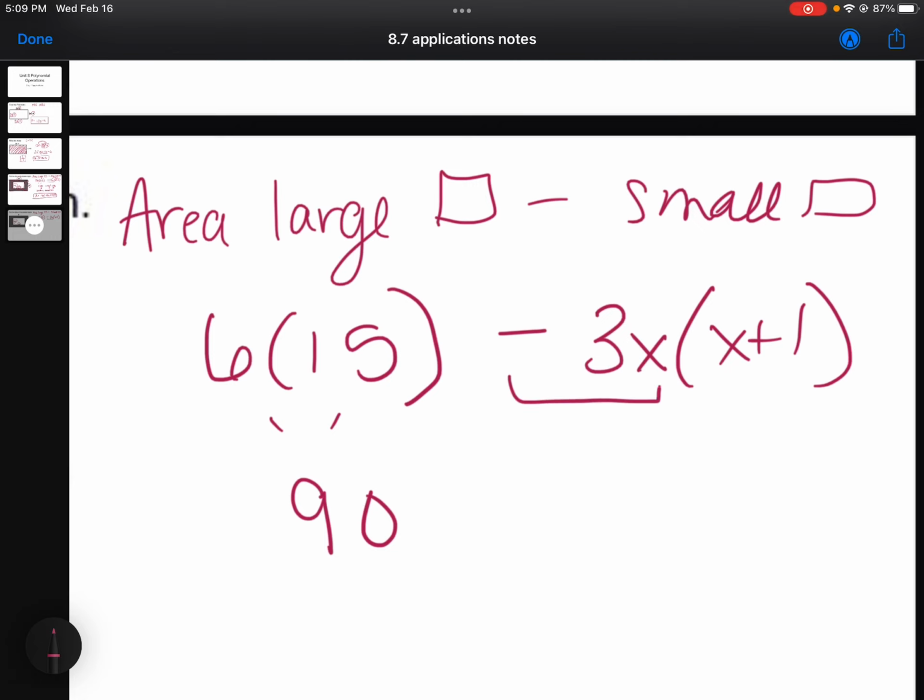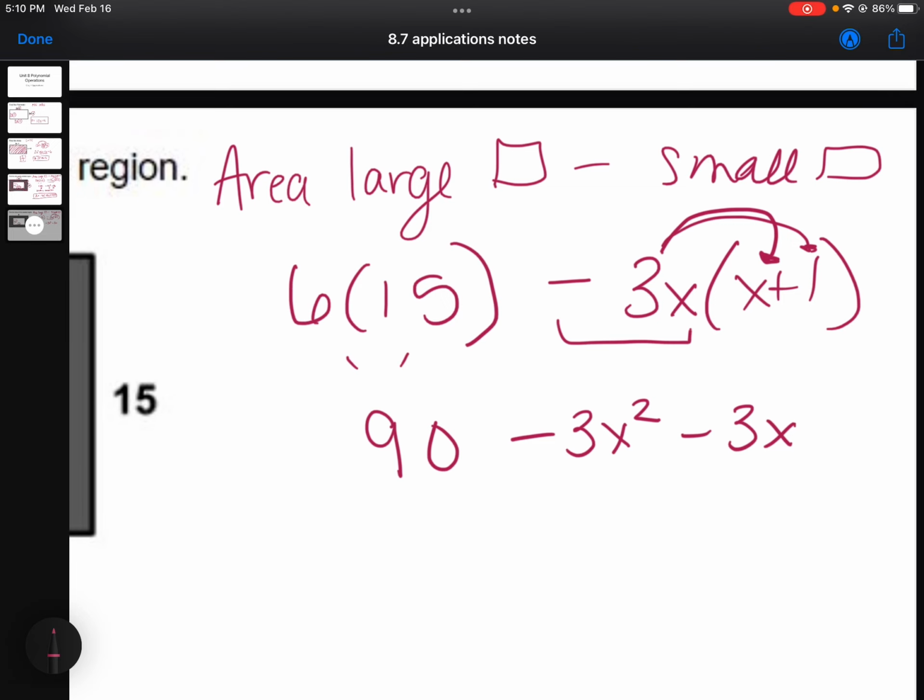Distribute a negative 3x. Don't forget the sign. Negative 3x times x is negative 3x squared. Negative 3x times 1 is negative 3x. Again, rewrite in standard form. Negative 3x squared minus 3x plus 90. This is area, so A equals